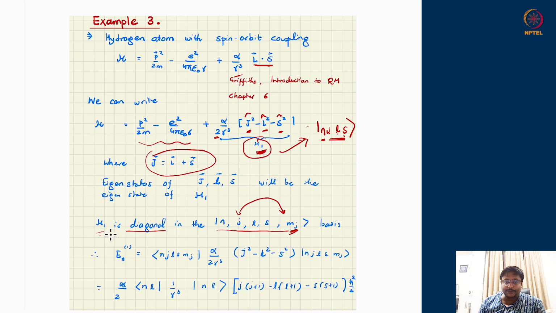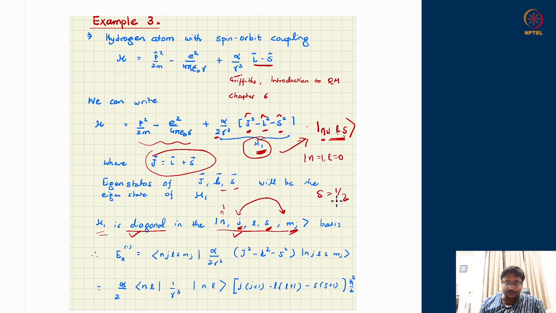So H1 happens to be diagonal in this basis. Despite this being a degenerate theory, that means n is equal to 1 even, I can have a J which is L and S. For n is equal to 1, L can only take value 0. So L happens to be 0 for n is equal to 1, but S has a value 1 by 2,